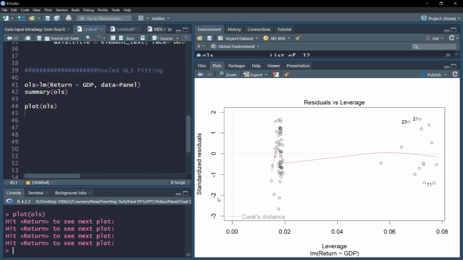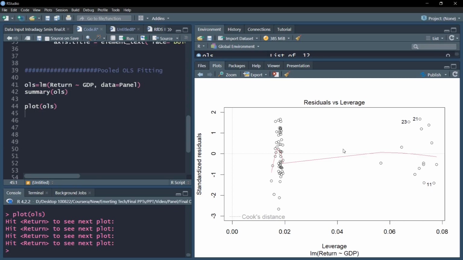The last plot is very important because it gives us an idea which observations are truly influential. Well, there may be some extreme outliers, as we could identify in some of the previous plots, but here you can directly see the influential observations. Although it appears that observations number 22, 1, 23 and 11 are slightly more influential, the nature of this plot is that we do not see the Cook's distances.